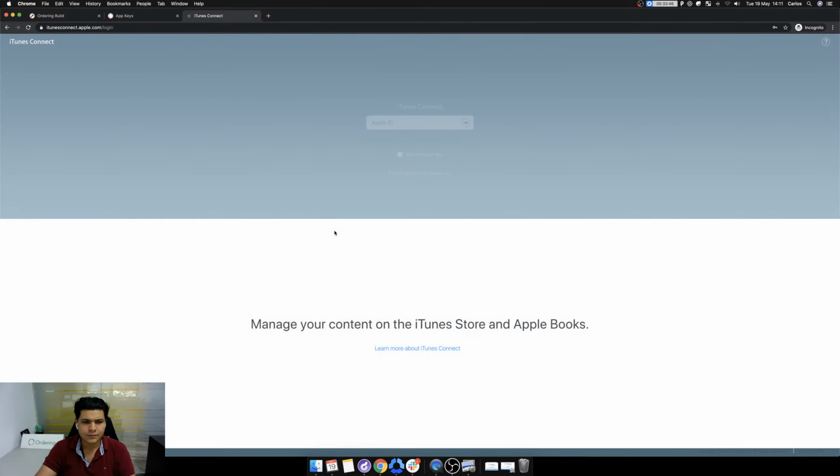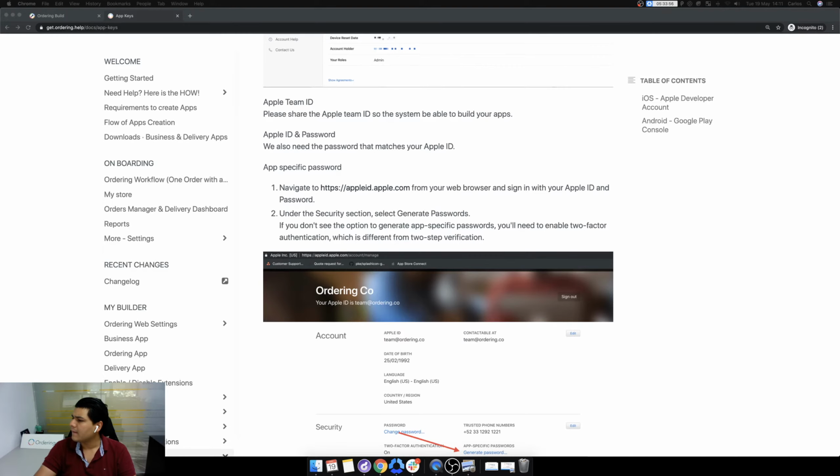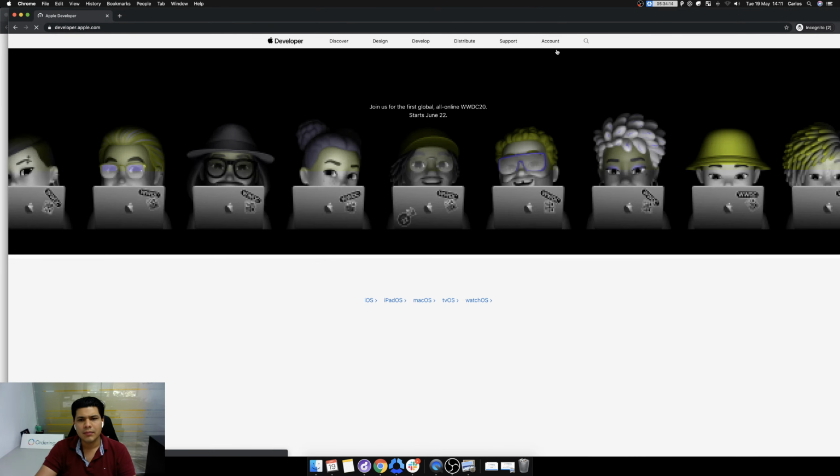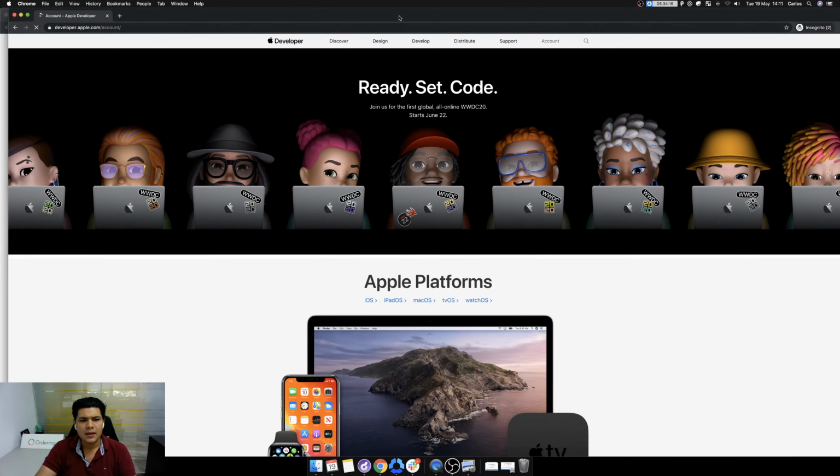Very simple. So it will show you the site developers.apple.com. Just get in. I'm logged in, so it will jump into where I have to be.